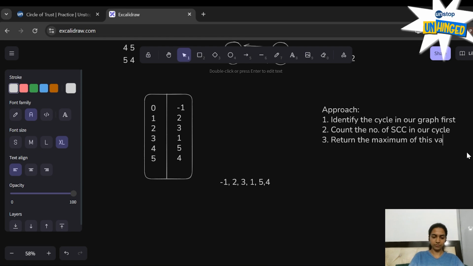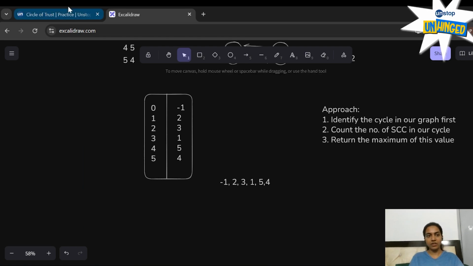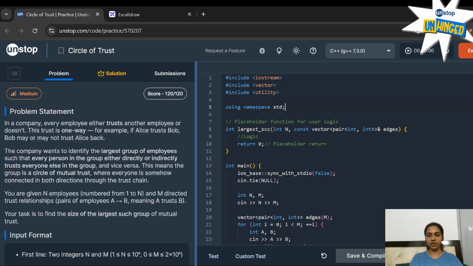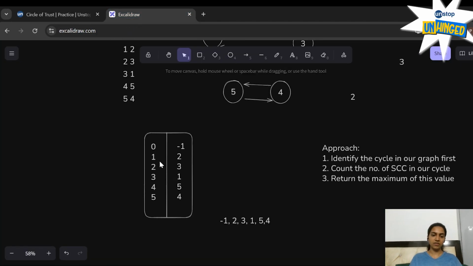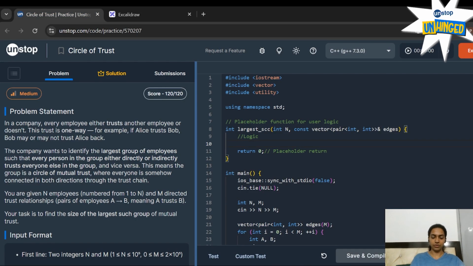Okay. Now, as you know, it is going to be a little difficult to iterate on these edges when they exist as a pair. So we'll make this in form of an adjacency list, and the adjacency list will look like this. If we have a value where there is no external node pointing to another neighborhood, we'll just use -1 to map it. Otherwise, we'll use the node value that is going to be mapped to it. And this is what it is going to look like. So let's start with the code.